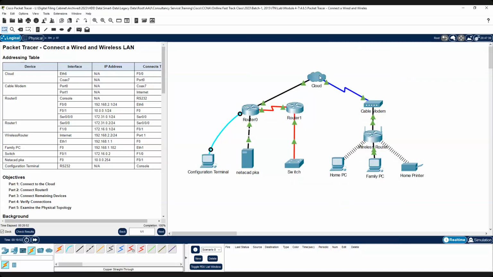and to the cloud it has to advertise. That's why, from this PC, to ping the server here